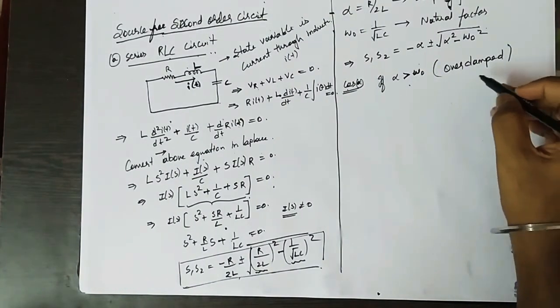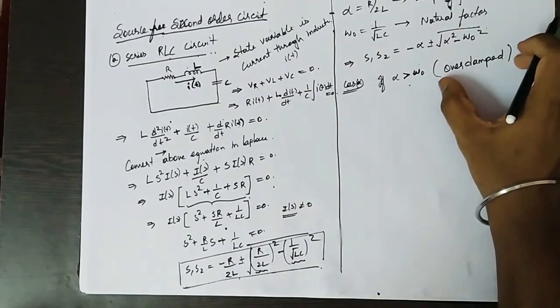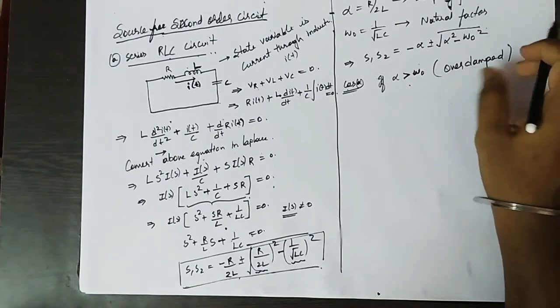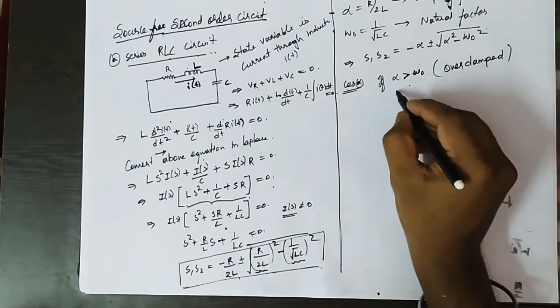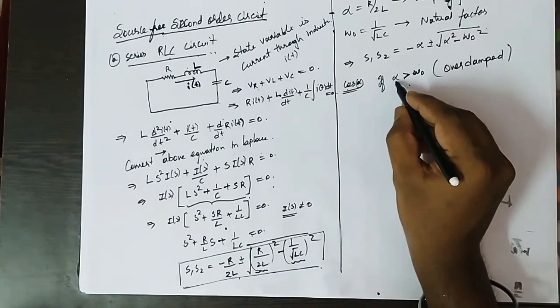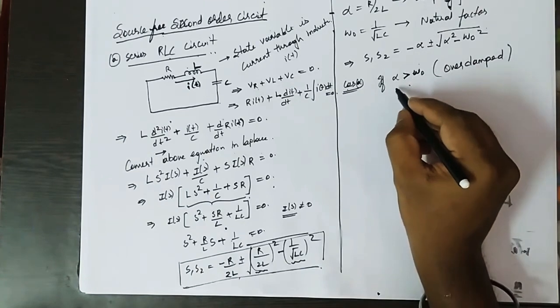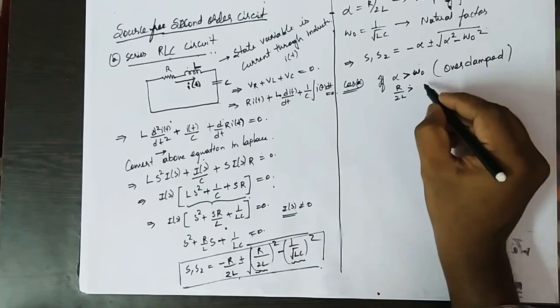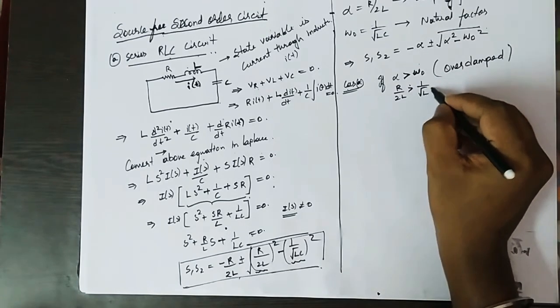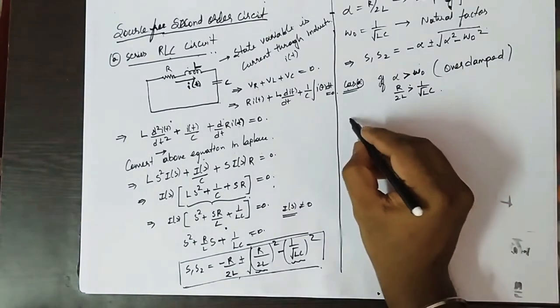I will give a complete analysis on what over damped is later; for the time being, just consider this. So that means alpha, the damping factor, is greater than the natural frequency. That means R by 2L is greater than 1 by root over LC. Then the roots